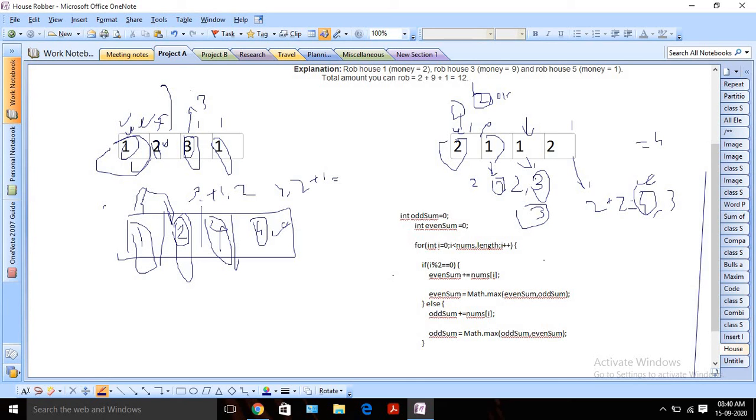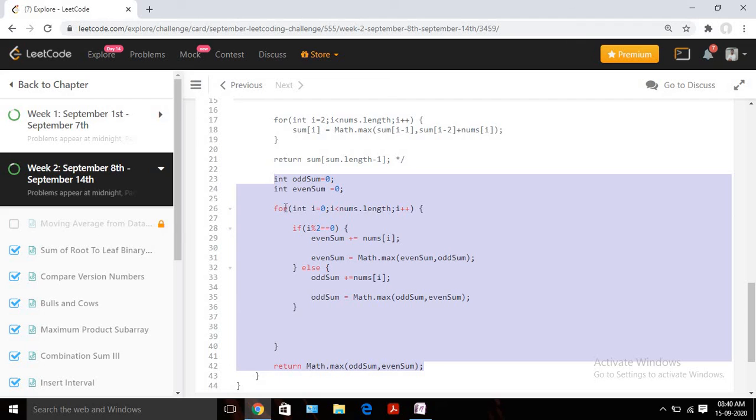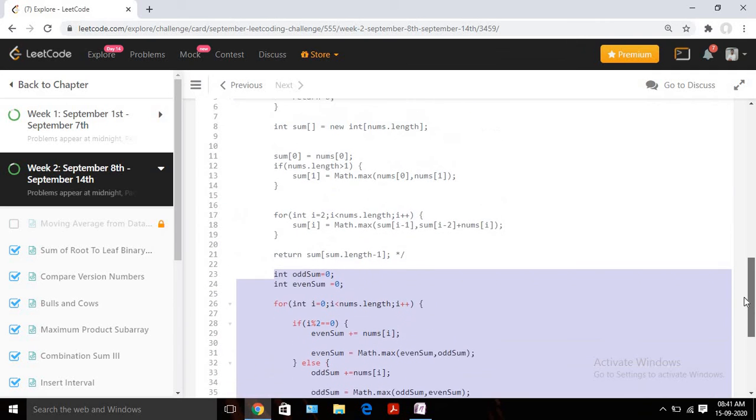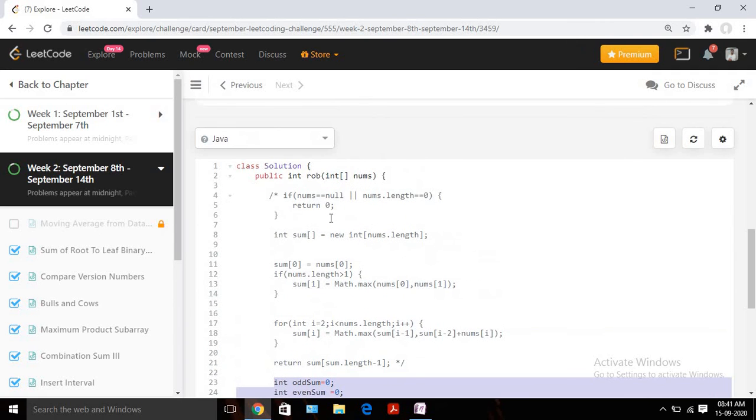I think if you use this approach, we are not using any extra array. So we are always using two variables irrespective of the nums length. So here the space complexity will be order of 1. I think these are the two approaches using which we can solve it. I think the other approach can be, suppose if you look at the dynamic programming approach, instead of taking some variable, we can reuse the nums array itself. So if I do that, then for that approach also my time complexity will be order of n, but space will be constant.